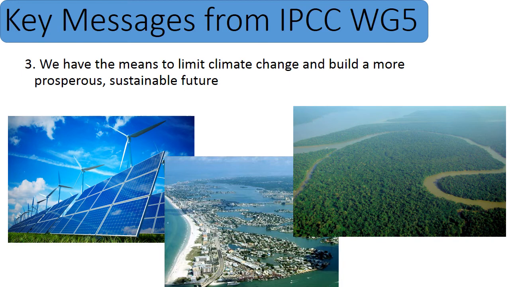Another thing that we can do is we can adapt. So we can anticipate what changes will be to the environment, and we can take action to reduce any damaging impacts. So this picture here shows you a lot of heavy development right along the ocean and right along the water. So knowing that sea levels are going to increase in the future, it probably does not make sense to build right along the water, because that water is eventually going to rise and it's going to destroy whatever infrastructure that you have within its path. All right, so we can adapt. We can say we're expecting the water to rise, and so we're not going to build right on the coast.